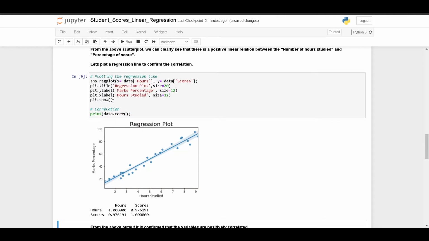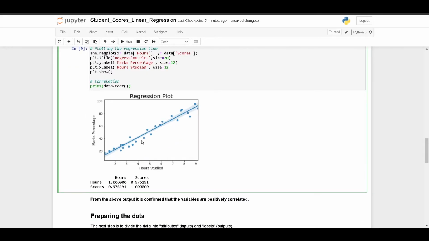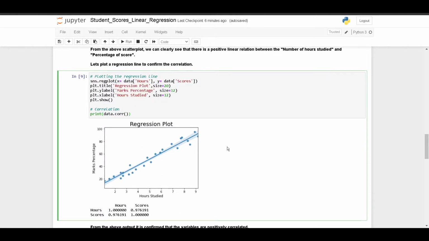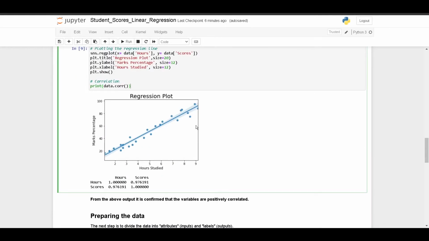Then title, ylabel, xlabel, same thing. Then displaying the graph, and I have also printed the correlation values. Here we can see the regression plot, and it's the same as the scatter plot, it just adds a regression line in between, so we can clearly see it.